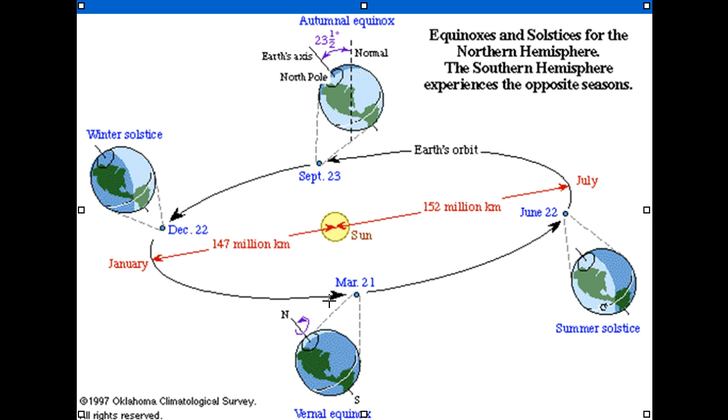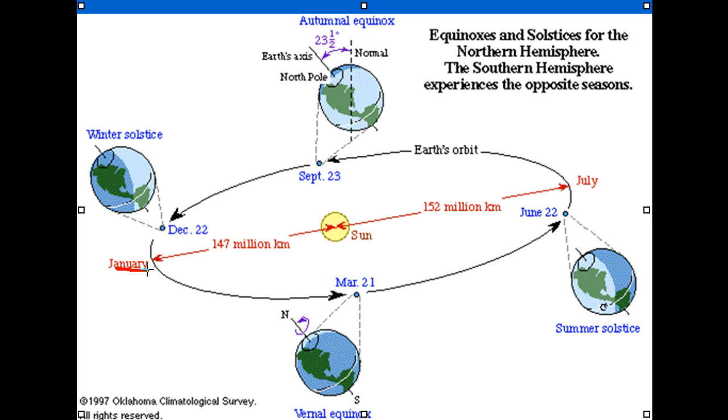Now, write in your notes that it's the tilt of the earth that causes the seasons. A good many people believe that it's the distance of the earth from the sun that causes the seasons. No. In fact, you can see by this diagram that in January, our winter,